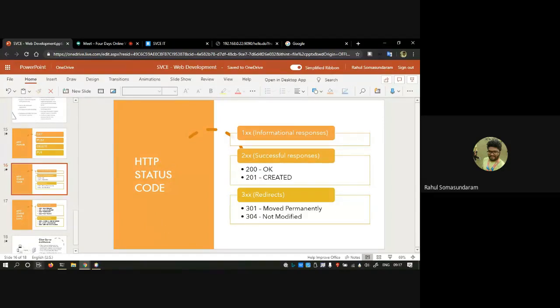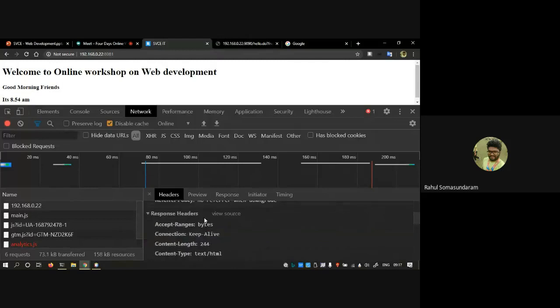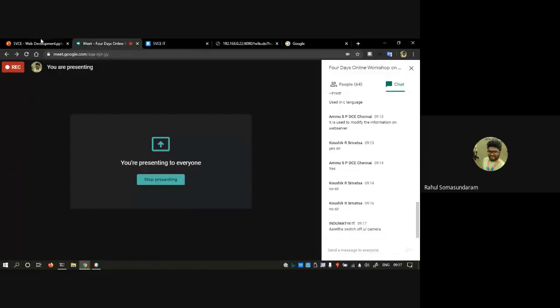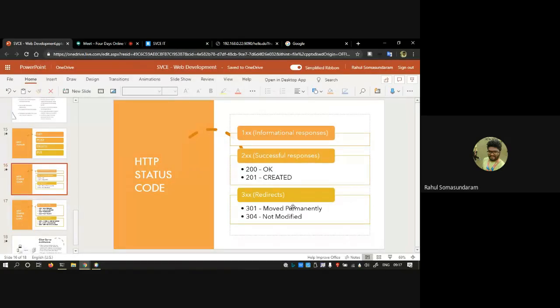Now coming to the 200 series. If it is giving a 200 response, it means success. As you can see in this request, it is giving 200, right? That means it was able to communicate with the web server properly and get the response from the web server, so it is giving 200. Then what is 201 actually? 201 is created. Typically where will we use this? You can take your college management application itself.